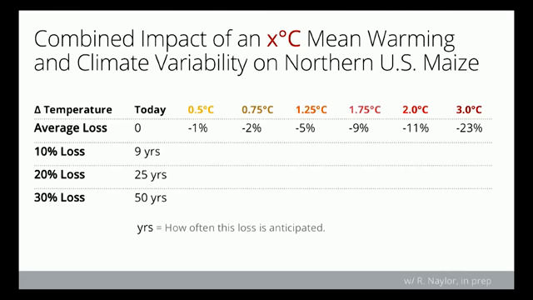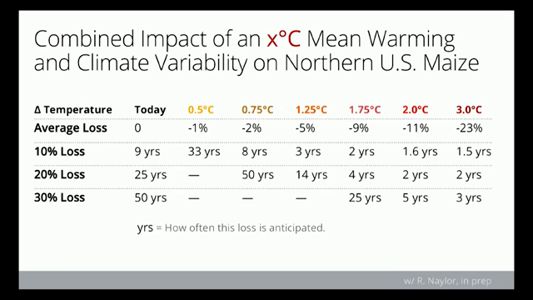But now, let's go out here and say, at 1.5 degrees on average above normal, the average yield is only 5% lower. That's not bad. And this is why, until really recently, we thought this was not a problem in the mid-latitudes. Even when you go out to 2 degrees warming, you're still only losing 10% on average. But let's look at the return time, how often you lose these things.